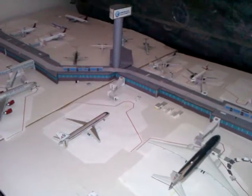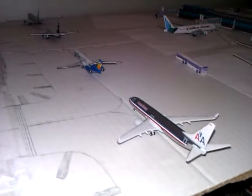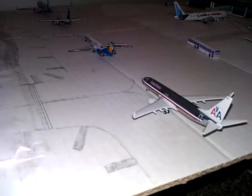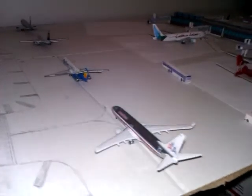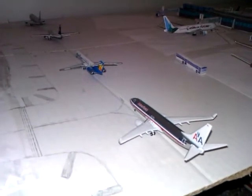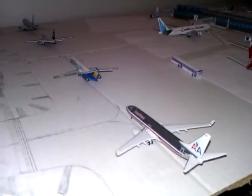And other than that, news for the airport, future of my airport and stuff, future models and stuff. American Airlines MD-80 is a definite I'm gonna get. Then there's the new American 777-200, and the 300 is getting re-released, so I'm gonna look into trying to get both of those. The MD-80s first, and then if I have enough money left over, because I'm sacrificing my food